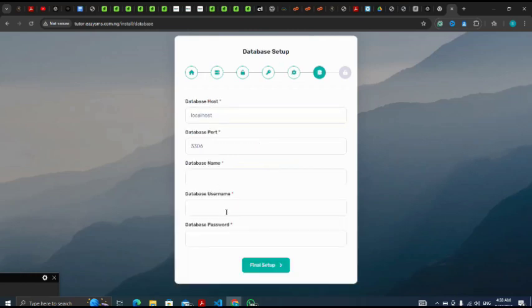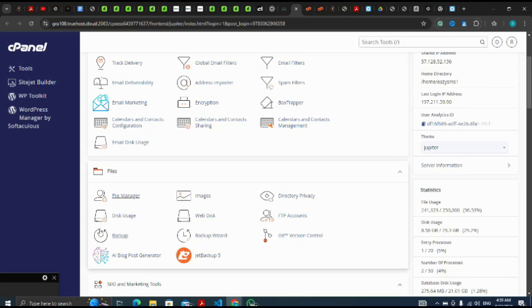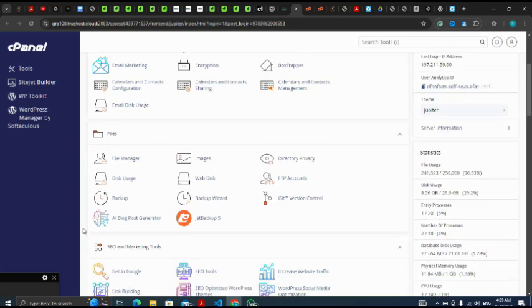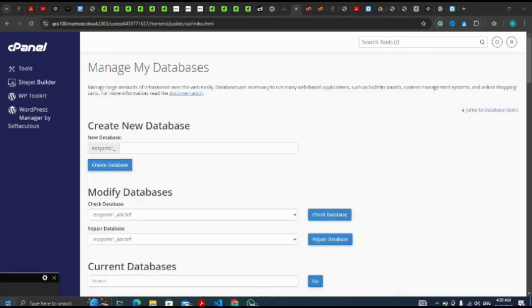So this time I will go back to my cPanel to create my database. I'm going to my database. Let me name my database as